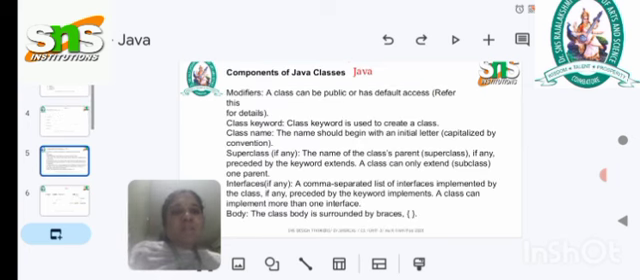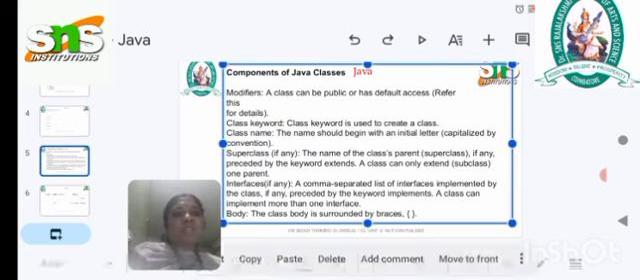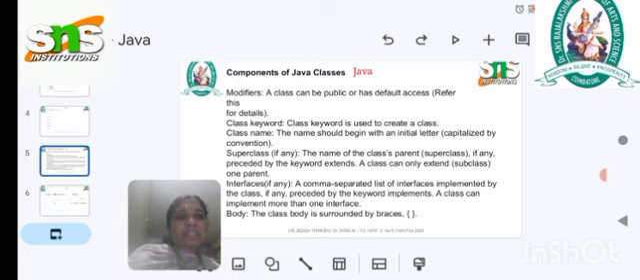Here the components of a Java class consist of modifiers, which can be declared as public as well as default access. The keyword used to create a class is the class keyword. The name of a class should begin with an initial letter, which must be capitalized. The next